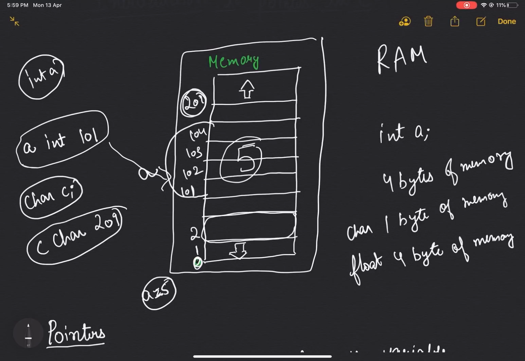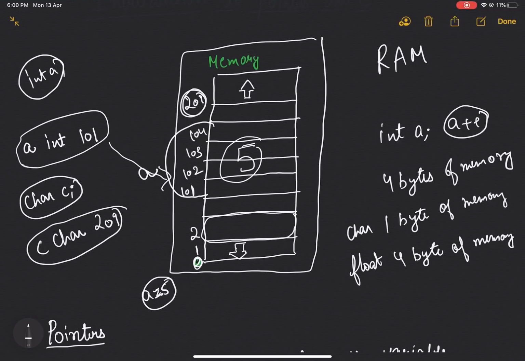If I do one more arithmetic operation, again the computer first looks into the lookup table for that variable, goes to its memory, and modifies the value. All this is very cool, but can we know the address of this variable in our program, or can we operate upon these memory addresses in our program?